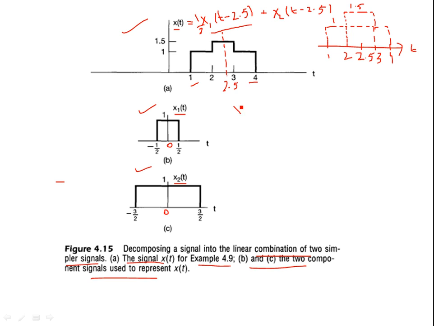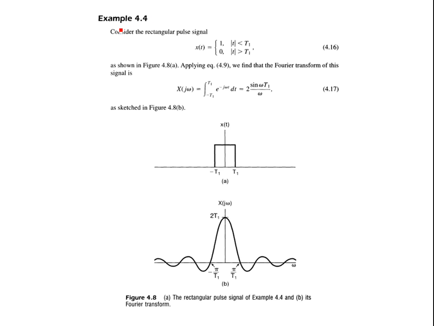Well, to write the Fourier transform from linearity, if you recall, do we have the Fourier transform? I think if you recall example 4.4, we talked about that in previous videos. There was a rectangular pulse defined over an arbitrary time period, having magnitude of 1 when t is between minus t1 to plus t1 and 0 otherwise. As shown in 4.8, we applied the Fourier transform integral and found out that X(j omega) is a sinc function.